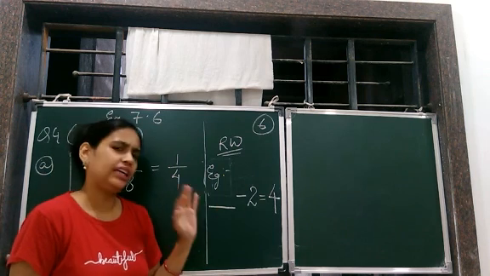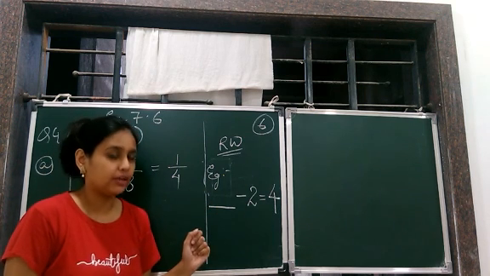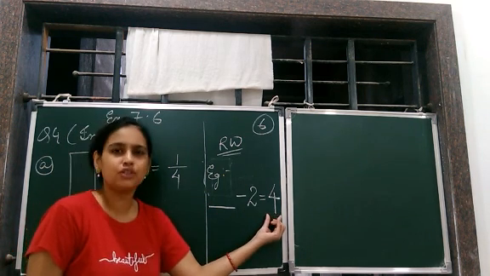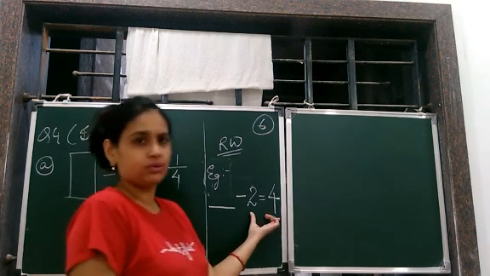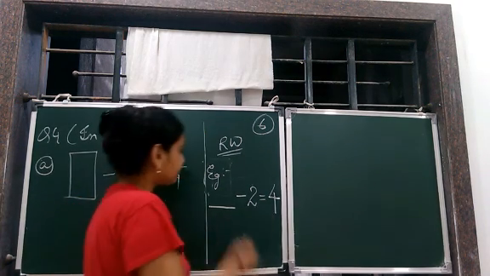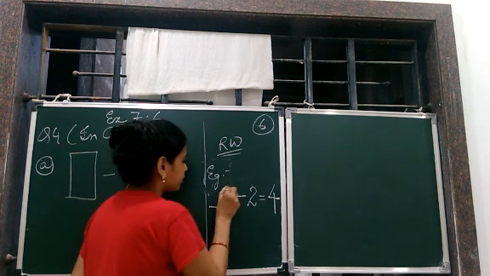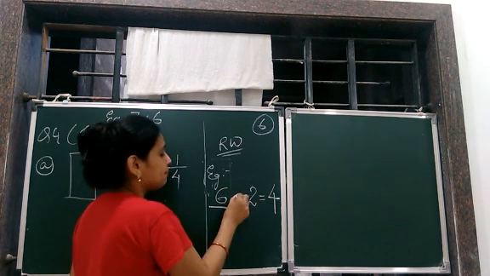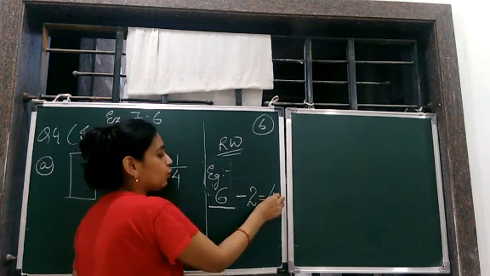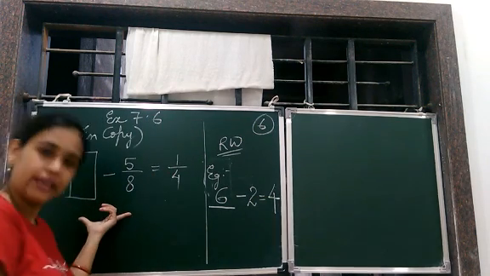Now children, very easily you will tell me what number goes here. You know why? Because these numbers are very, very small. It is very easy for you to do them. So here what will come? I'm sure you must be saying 6. 6 minus 2 is equal to 4. We have to do something like this here too.